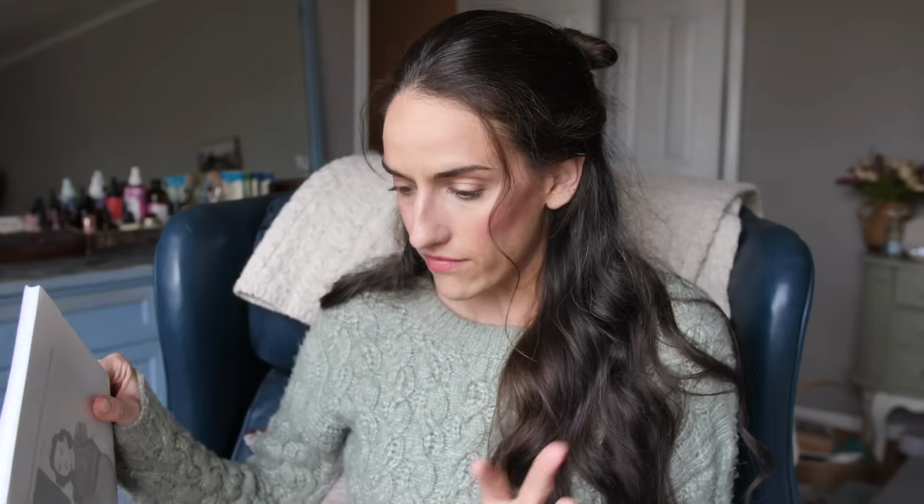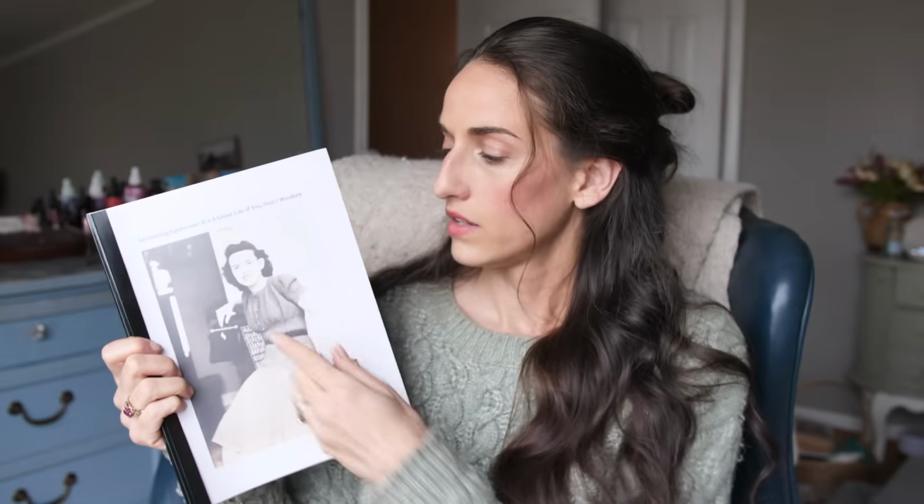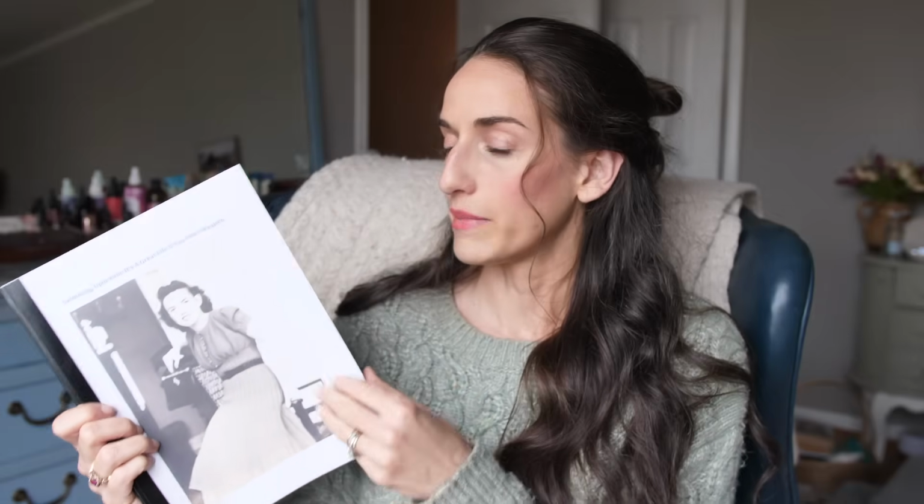Spring organizing some of my files, and I have a bunch of books, cards, photos, letters, things like that that I want to get better organized so that I know where everything is and I can make the most of it. This beautiful Spanish gal, this is my paternal grandmother, and my aunt, who's as into history as I am,